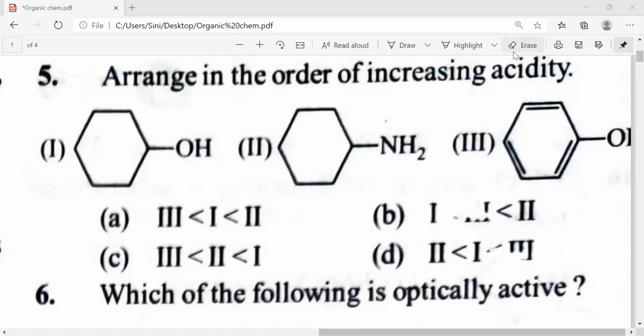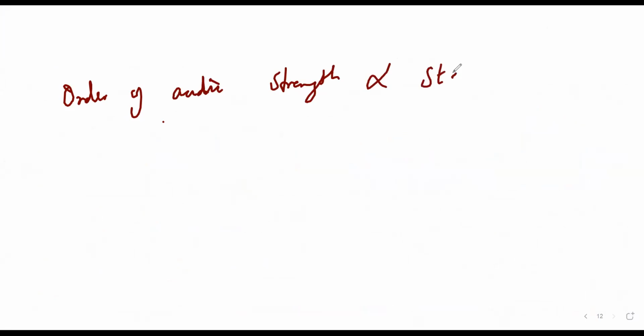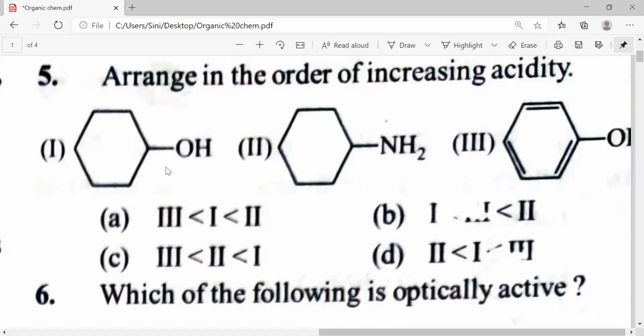So guys, in the 5th question, arrange in the order of increasing acidity the given compounds. So first thing we have to know is the order of the acidic strength. The acidic strength should be directly proportional to the stability of the conjugate base. This is the important thing for us. So for this, if we want to arrange, clearly we can see here,